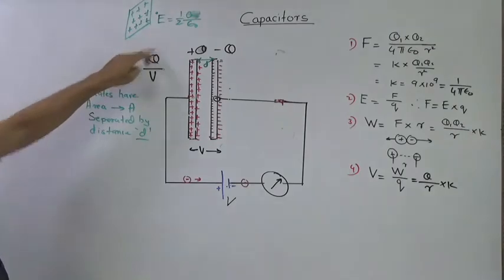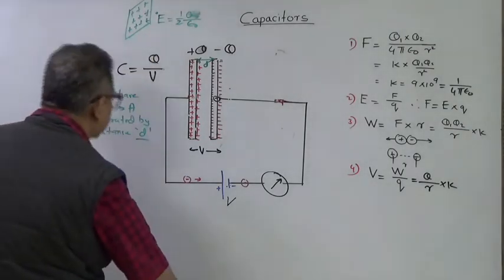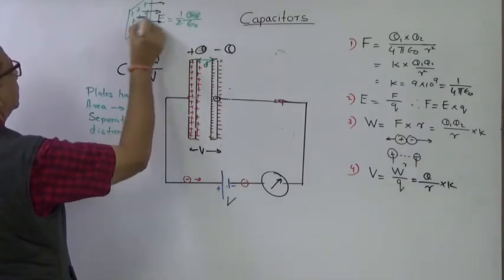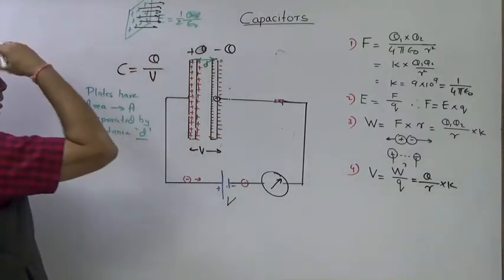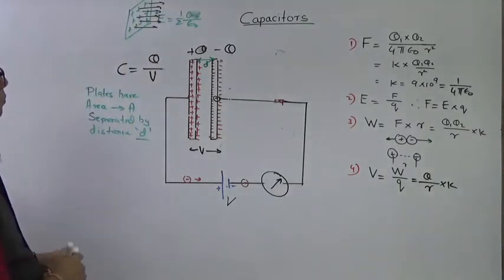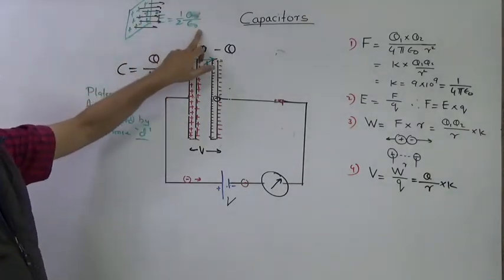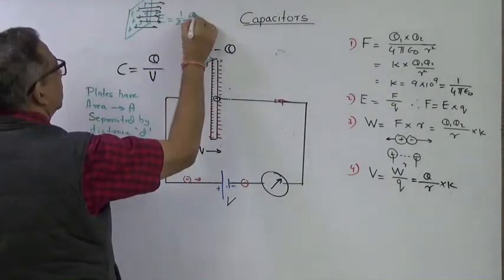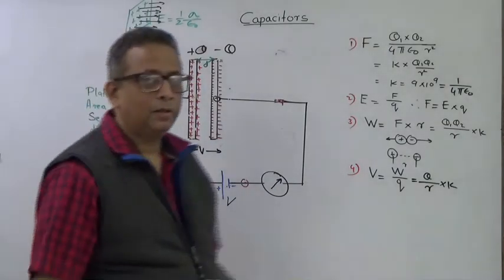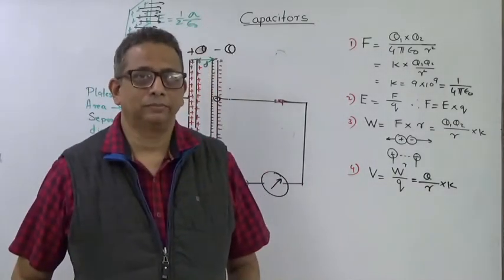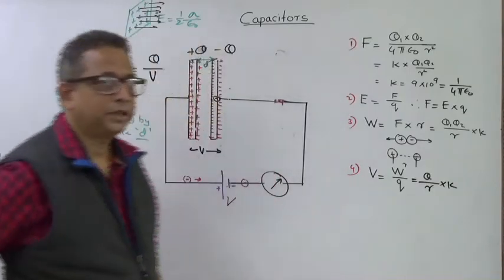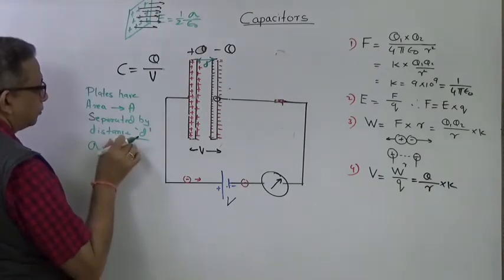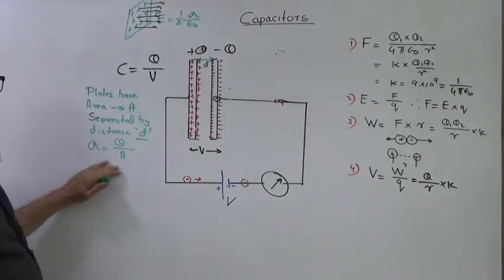If you remember this equation, E was the electric intensity which was radiated by this plate. So just outside this plate, the electric intensity was given as 1/2 sigma upon epsilon naught, where sigma is the surface charge density, that is, the amount of charge per unit area. Sigma is Q upon area. Amount of charge in a unit area is the surface charge density.